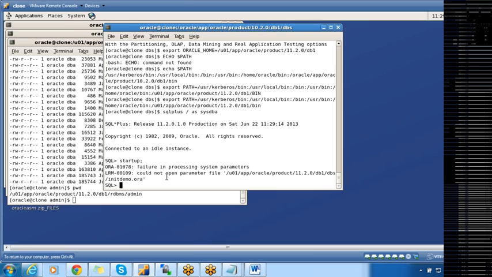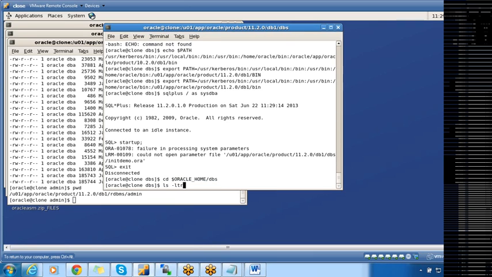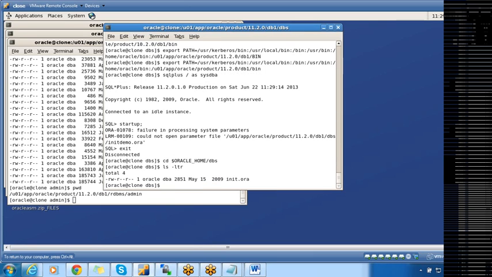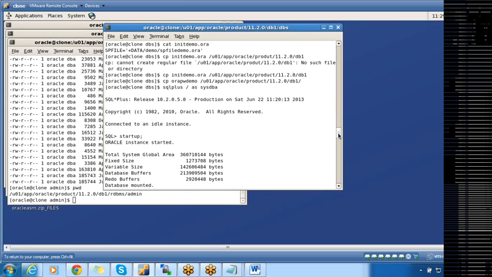Didn't we copy the file? Let us check. Where did I copy it then? U01 app Oracle product. Oh, I copied to db1.